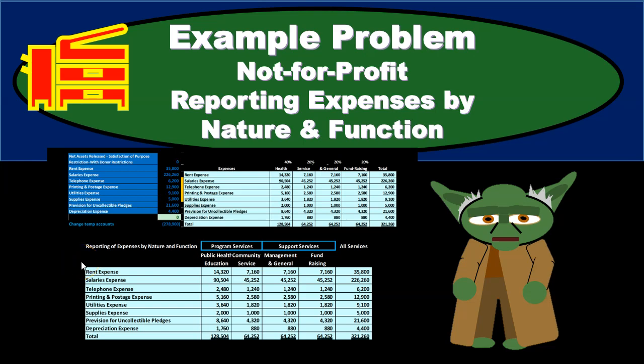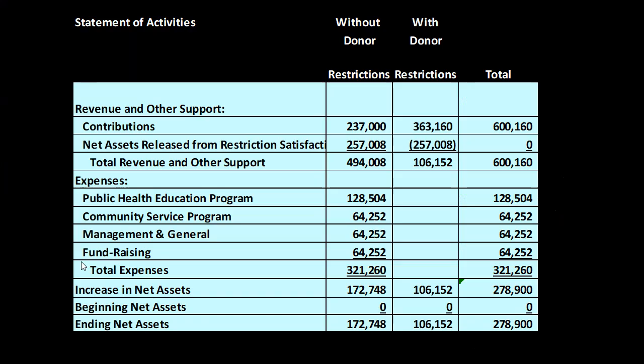In this presentation, we will take a look at an example problem related to a not-for-profit organization. We're going to be looking at reporting expenses by nature and function. You'll recall in prior presentations, we talked about putting together financial statements, including the statement of activities as we see